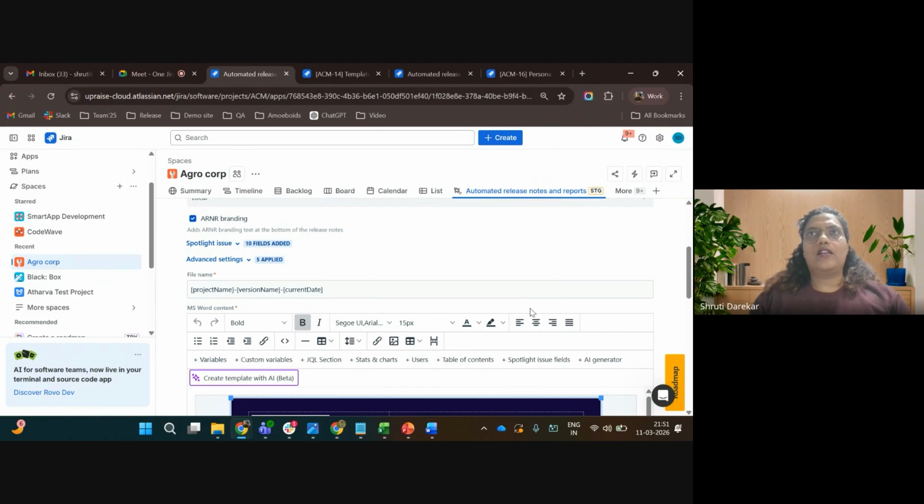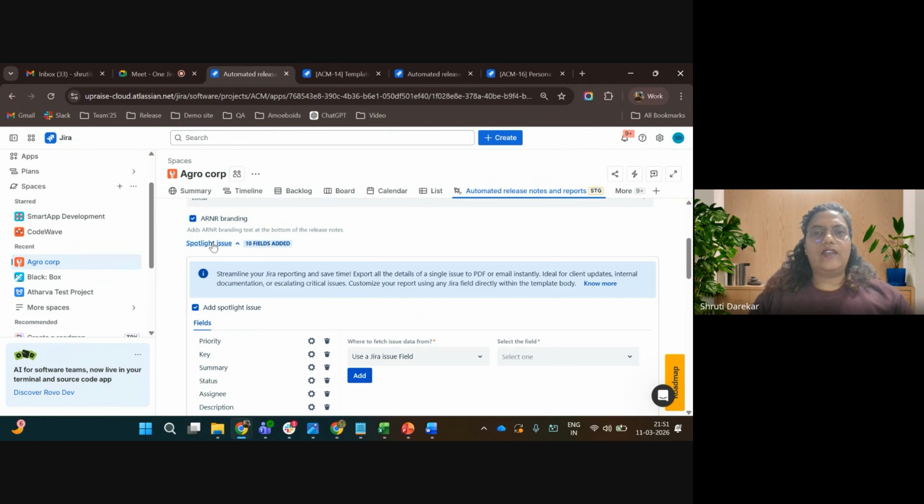So you can write in a JQL that I want these specific issues, and then project equals a project ID, then give a version ID, and then I want all the stories, and then I want this particular information from these stories. But how do we extract information regarding a specific issue? For that, we have the Spotlight issue